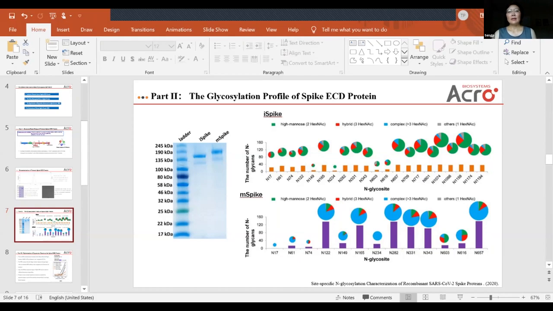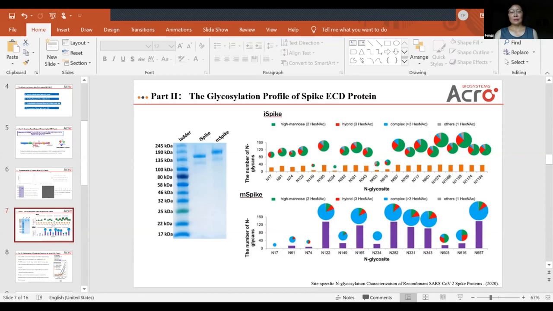On the top, you can see that the spike protein expressed in insect cells has a different number of N-glycosides, and also different types of N-glycosides. And the spike protein expressed in mammalian cells is more complex and also has a higher number of glycosides. And also the spike protein expressed in mammalian cells is more close to the